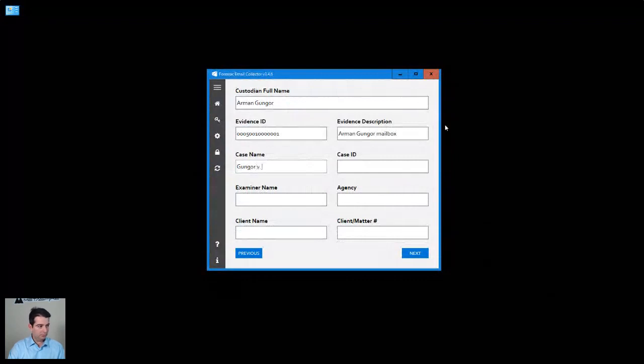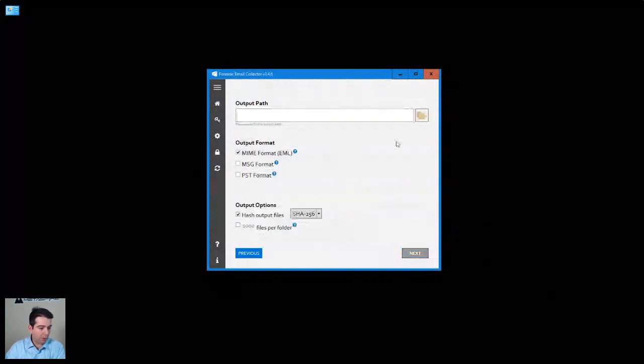Let's call this, all right, so this is optional. You don't have to fill this out each time, but in this case, I'm just putting some information to show you. For the output path,